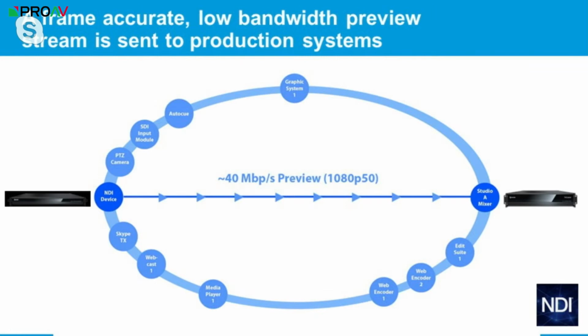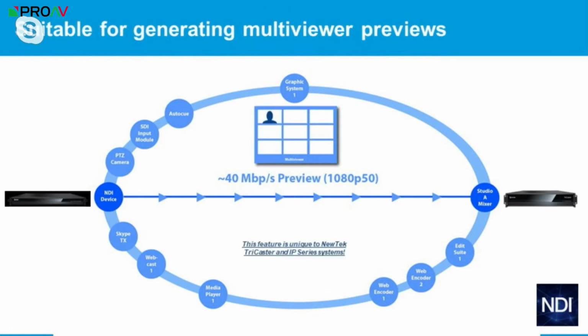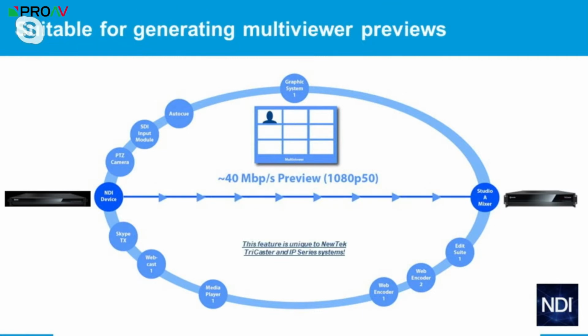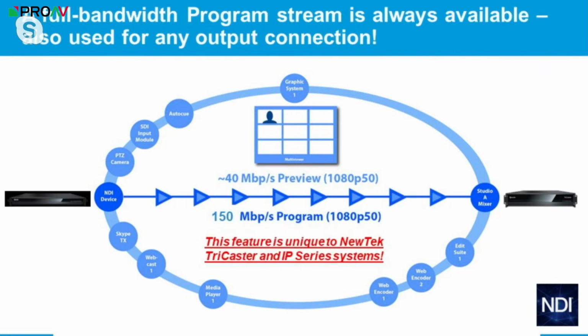Initially, that's going to be 40 megabit, because that generates your program and your multi-viewer preview feed if you're using a NewTek TriCaster, and this is only available on the NewTek TriCasters. When you then cut to a program feed, we then increase the data rate because you're going out on air. We think it's better to do this dual mode because that means you actually get more data and more bandwidth. So we can do 16 inputs on a 2 gig network connection. I can do up to 8 4K feeds on a TriCaster Mini with only 2 gig NICs